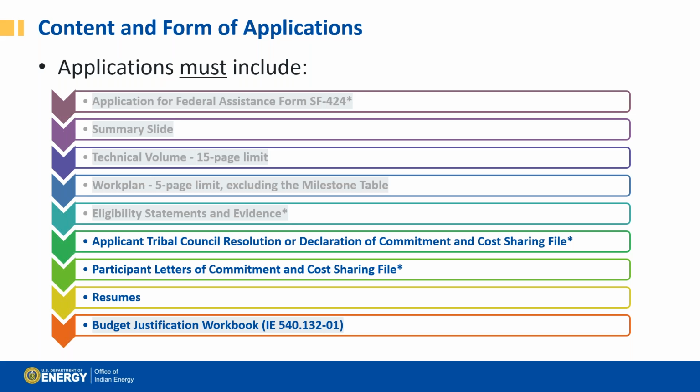Okay, the 6th required application document is the applicant tribal council resolution or declaration of commitment and cost sharing file. All applicants are required to submit an applicant tribal council resolution or declaration of commitment and cost sharing file to include a statement of commitment and cost sharing by the applicant. You can see page 39 of the FOA for more on specific information that is needed as part of those